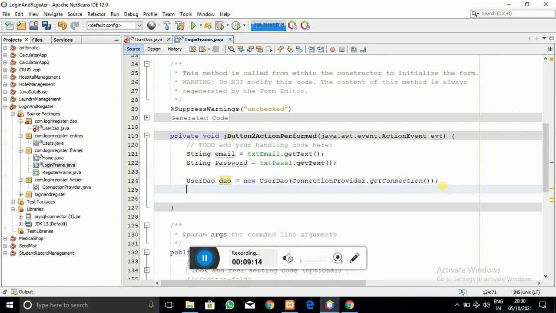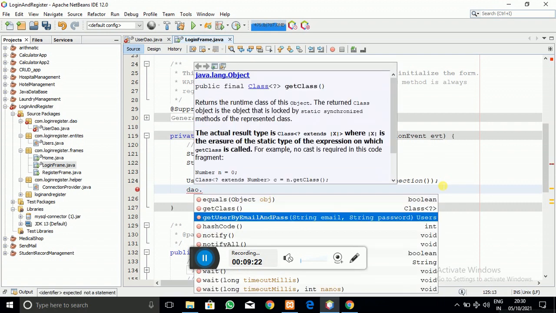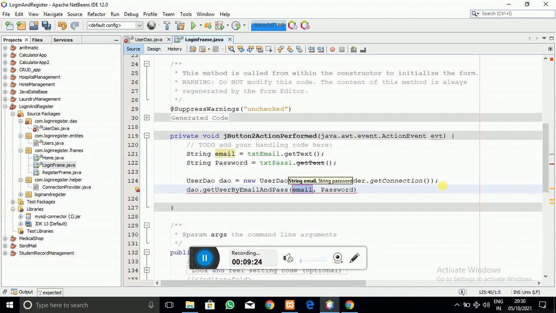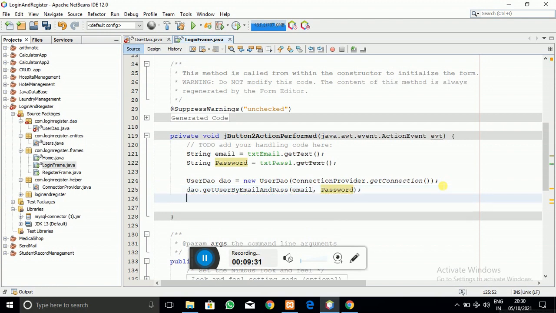Okay, now here I have to call that get user by email id and password method. So dow dot, let's call that method get user by email and password, and just pass the arguments, whatever we have got, email and password from our front end.